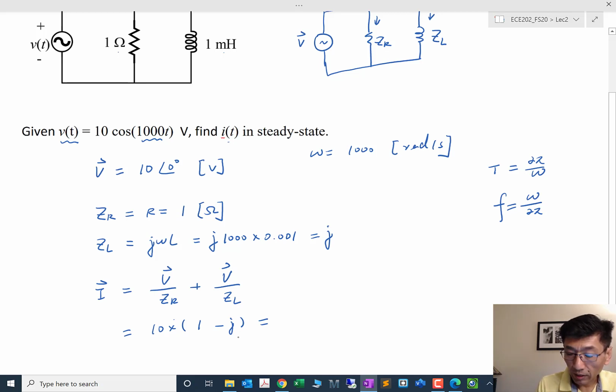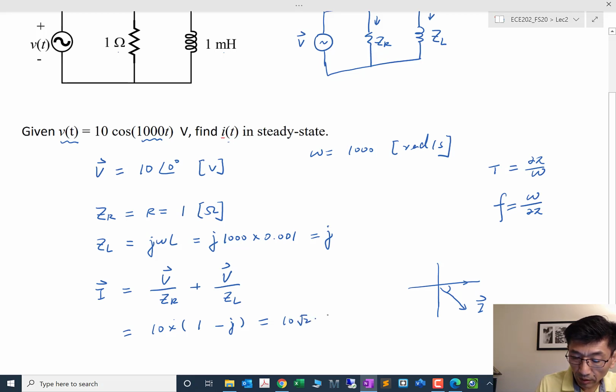So the polar form here is, I have 1 here, I have a negative j here. So the phasor is sitting somewhere here, right? So the I is sitting in the fourth quadrant. So in this case, the phase angle would be negative 45 degrees. The magnitude is square root 2, so I have 10 times square root 2